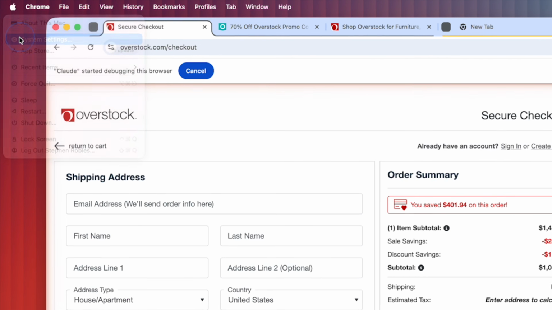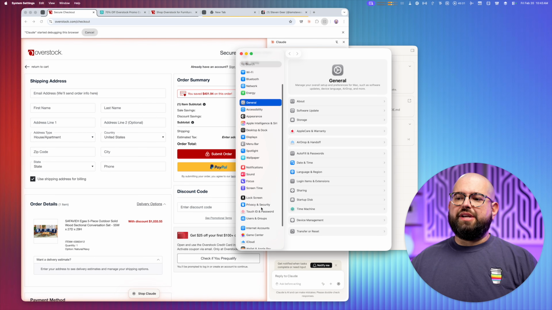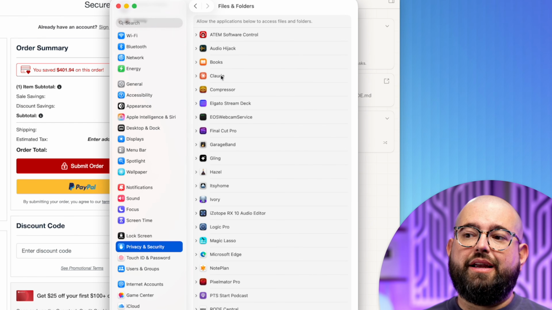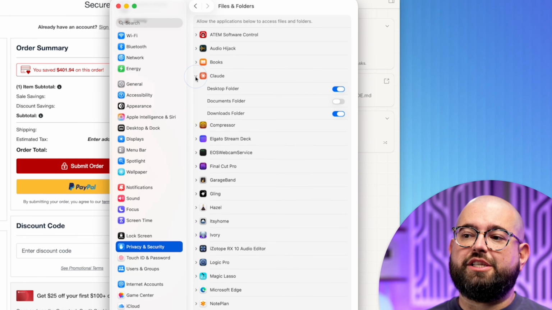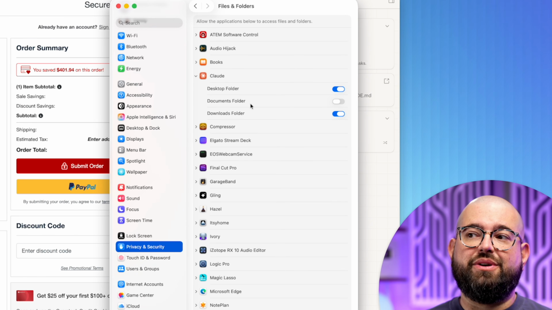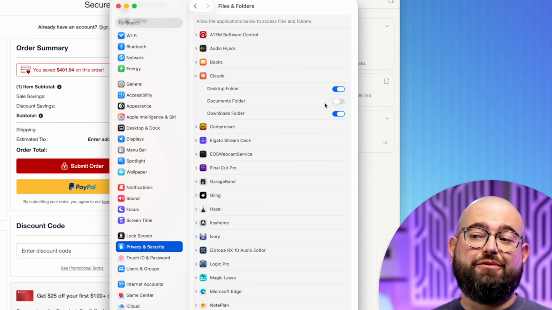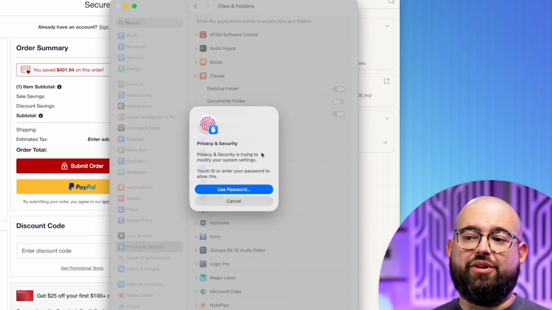So if I go up to the Apple icon and System Settings, here I'll go down to Privacy and Security, and then go to Files and Folders. Here you'll see Claude, the Mac app. Just expand this, and here you'll see all the folders that you have given it access to, like your Desktop, Documents, and Downloads. And if you don't want it to have access to your Desktop folder anymore, just toggle that